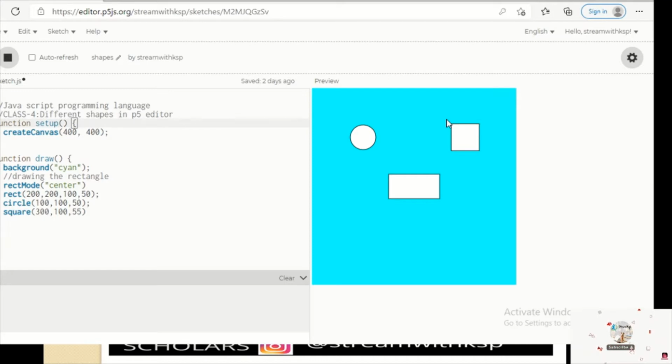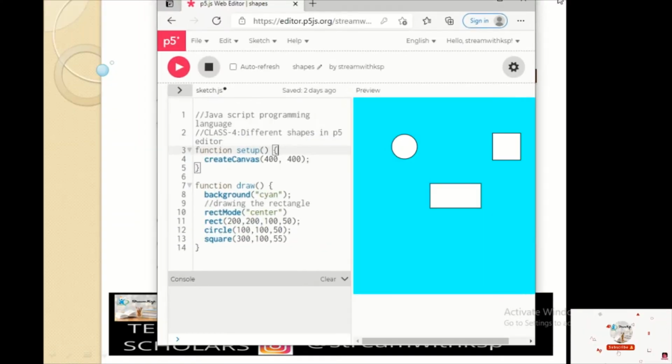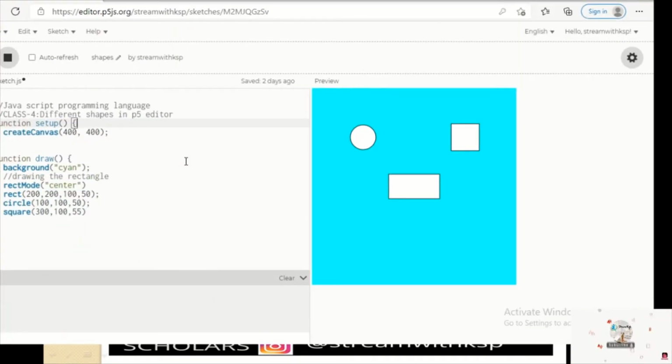This is the output related to class 3, in which we created the different shapes on the screen. And now we are going to extend this program with today's class. Here I have written the class 4, different shapes in P5 editor. I have written the class name here. And now we are going to play with the shapes.